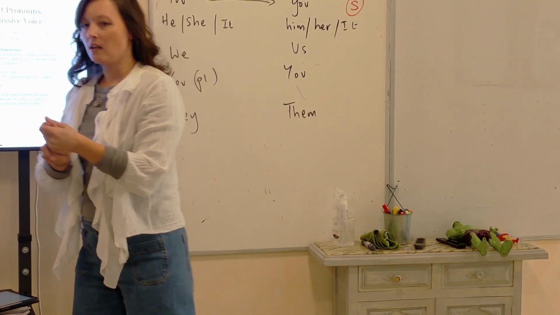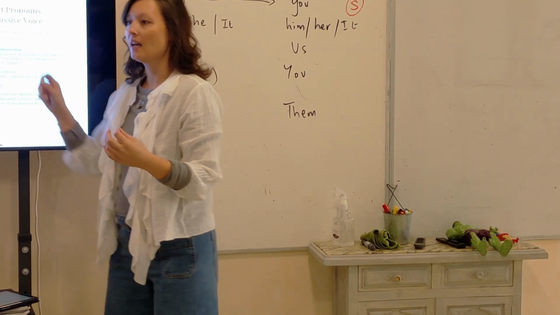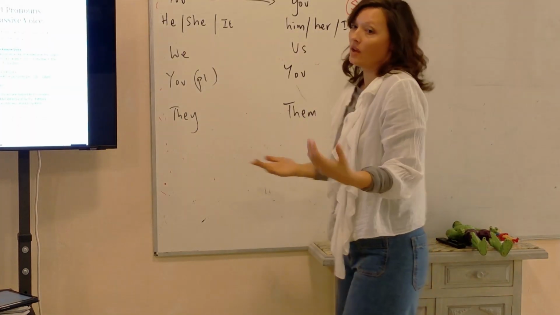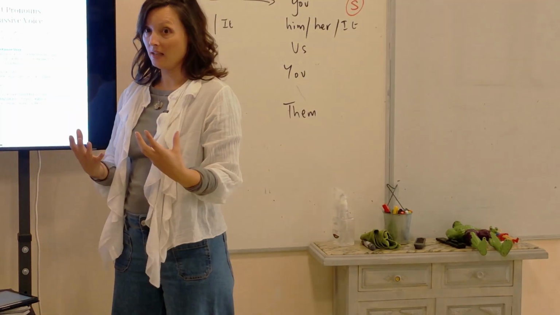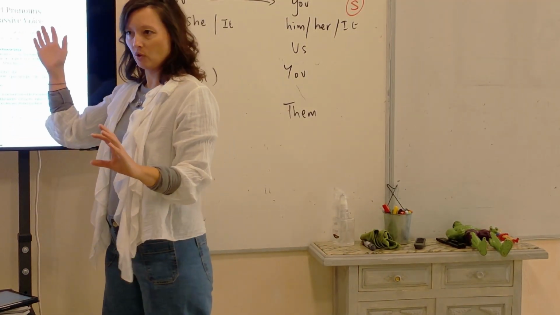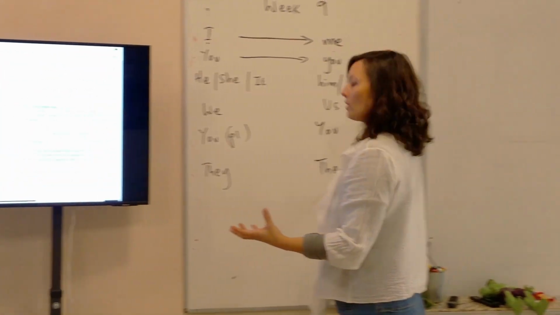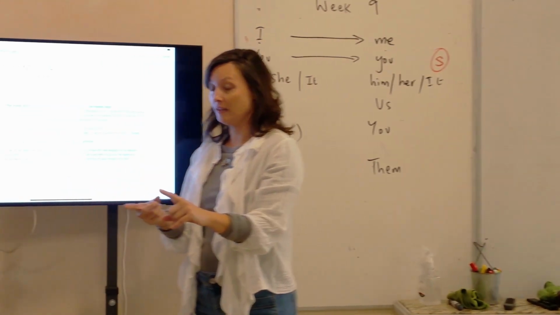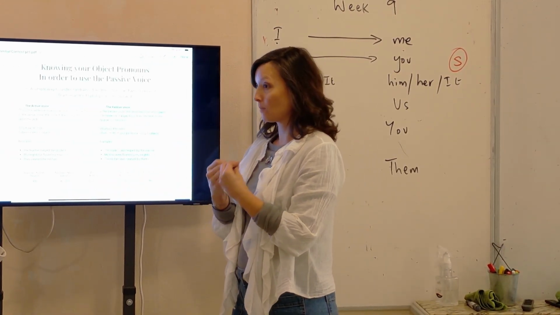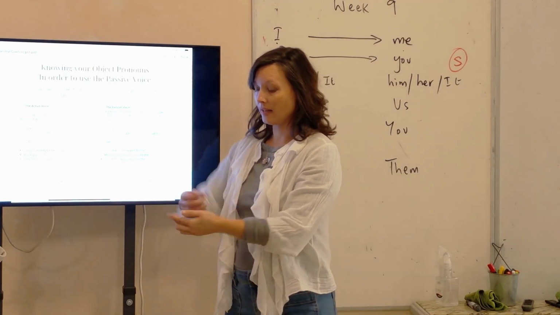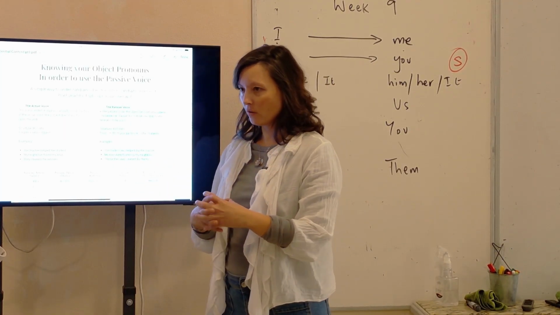The second part of this class is beginning to use the passive voice. Okay? Without the passive pronouns, we can't use the passive voice. Without the verb to be, which we now have done, you can't use the passive voice. So we have come to a perfect place to start using the passive voice, okay? Because we're learning passive pronouns, we're learning the verb to be, and we're also learning the past participles. In the passive voice, you need past participles, which always go with verbs. They're like the babies of verbs, okay? So this week, there is the coming together of information.